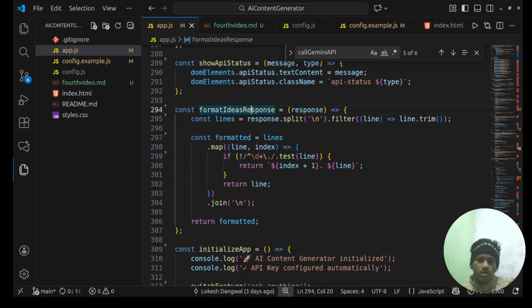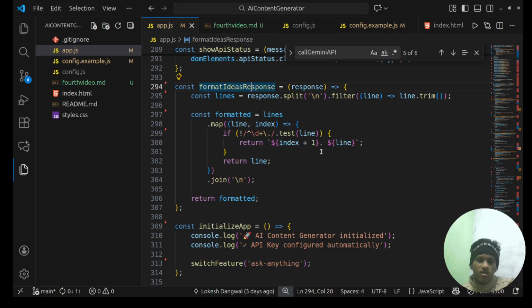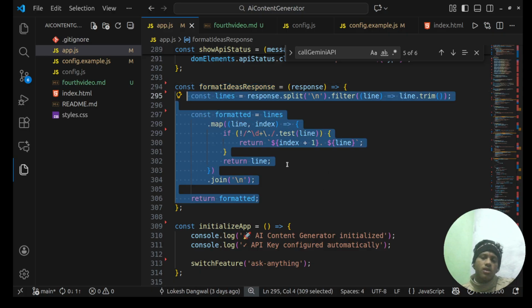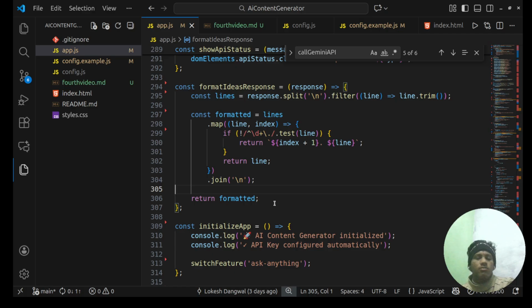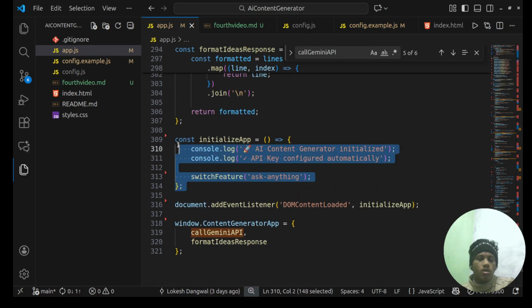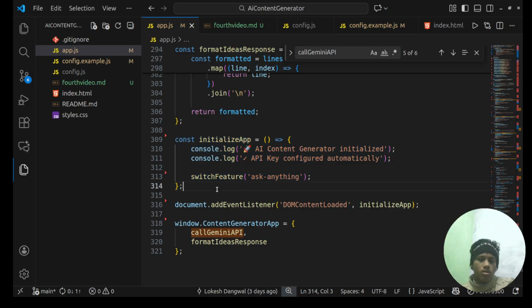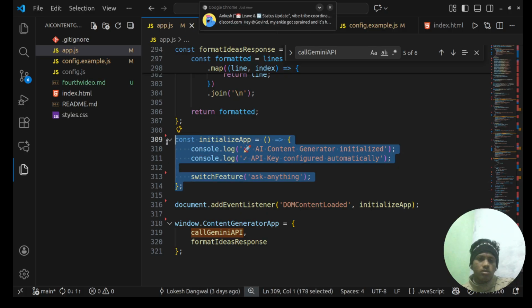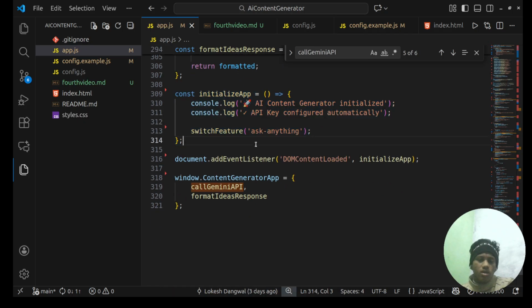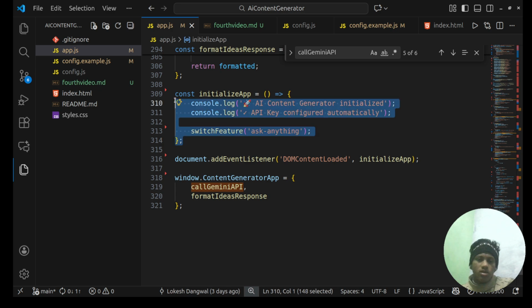And here is the format idea response. When the API gives a big response, it is formatted from here and runs automatically. Whenever our JavaScript code runs, it will run and print in the console.